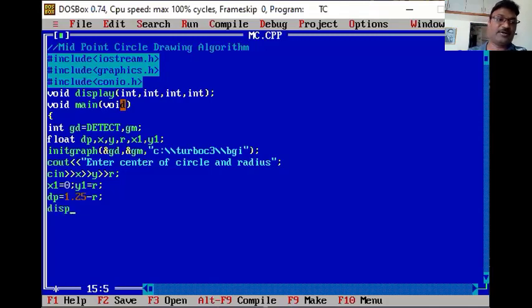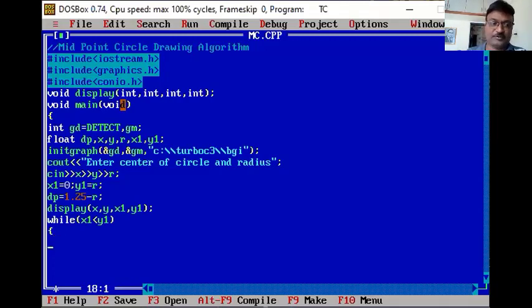Now pass this in your display function. So call the function with x, y, that is my center of the circle, and x1, y1 is the new value, that is the starting value. Okay, that is my eight-way symmetry. So this is the calling of the function. Now while x1 less than y1, okay? So you can consider x1 less than y1 because x1 is 0, y1 is r. It is always less than.